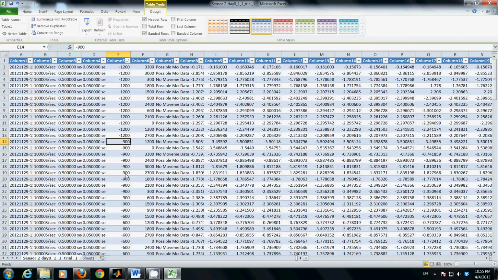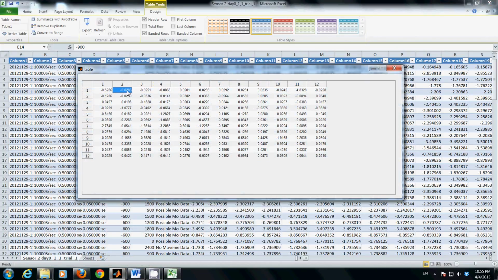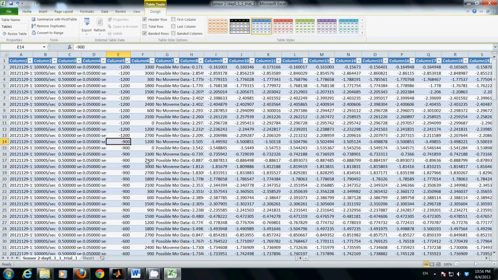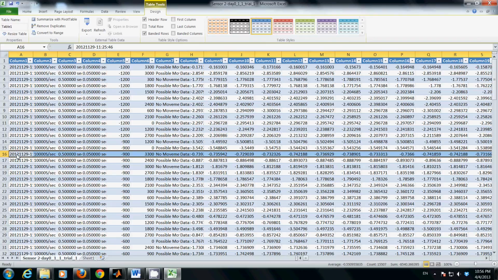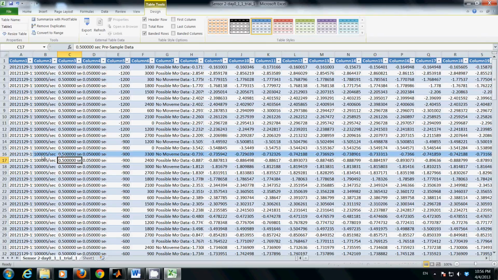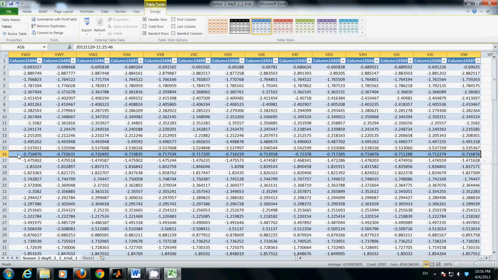The X value is minus 900 for this data point, and it also has the maximum Y value. Let's see which of these has the maximum Y value. It's this one, right? So this is that data point. Let's grab the entire row and cut it out,